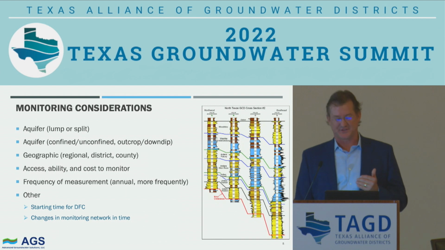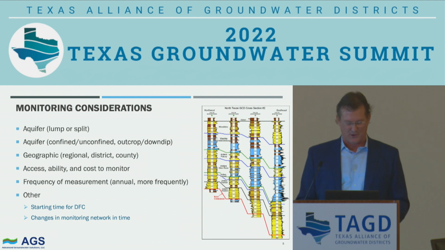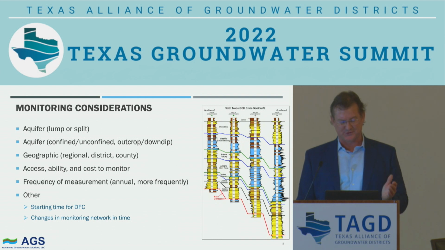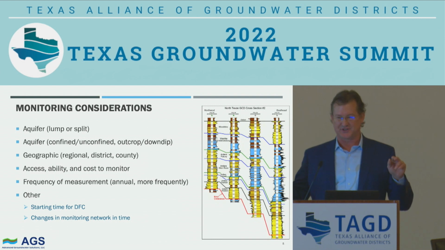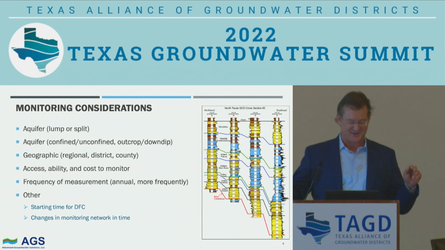In other parts of the state, access to good wells and your ability to monitor those and make sure that you're going to be able to monitor them long term is a huge deal, and it's a tough challenge. The frequency of measurement is a consideration, whether you're going to do that annually or more frequently, less frequently, and of course other things that matter in regards to making a DFC statement and then trying to comply with that statement,